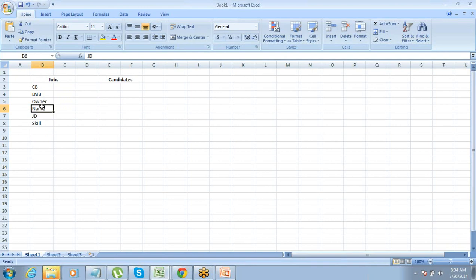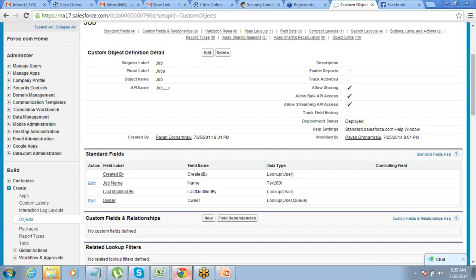So these 4 fields are by default there. These 2 fields you'll have to create custom. Fine. So how do you create? Same way. Custom field, new. Click on new custom field.